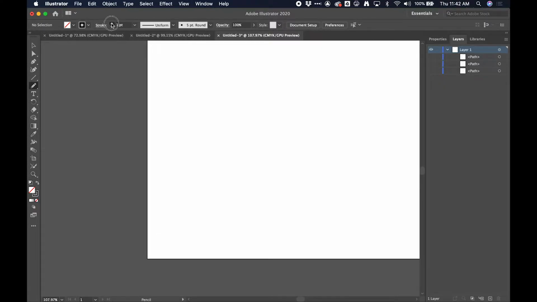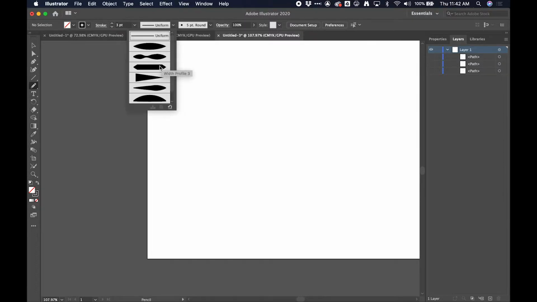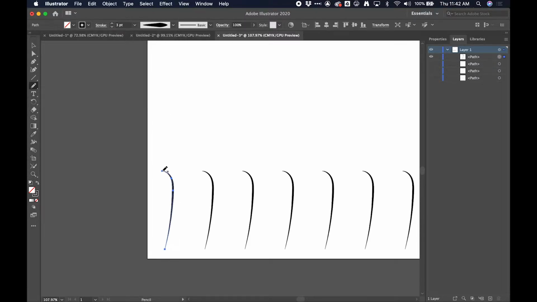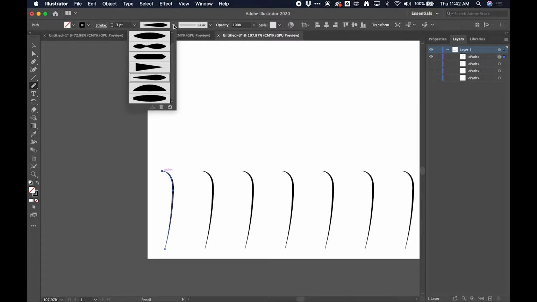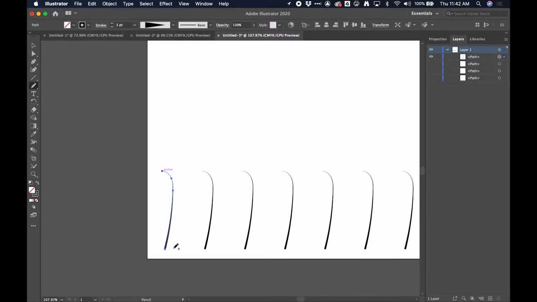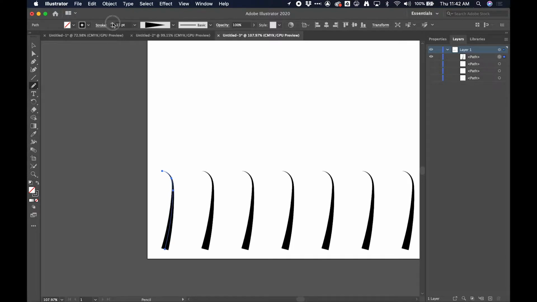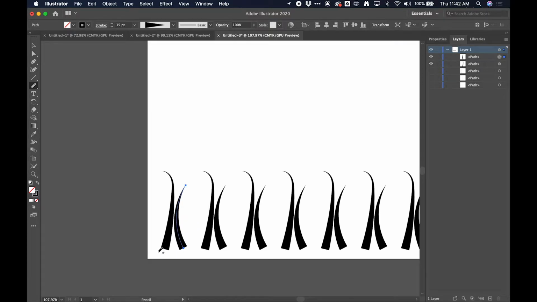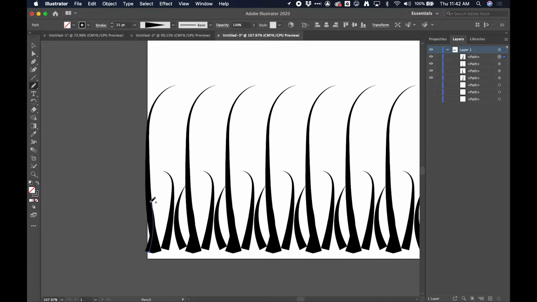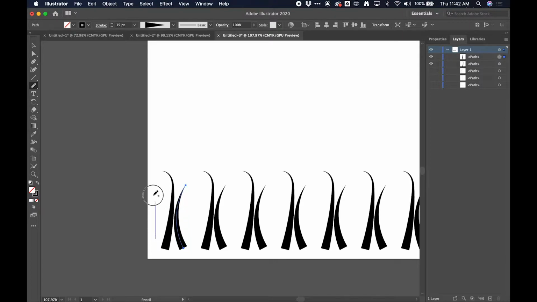And I'm going to select my stroke weight and the type of drawing, and I'm going to just do one as an example. For grass, I want it to be more like that, like I want it to actually come to a point, and I want the stroke to be a little bit bigger. So here's one piece of grass, here's another, here's another, here's, maybe that's too tall, here's another,